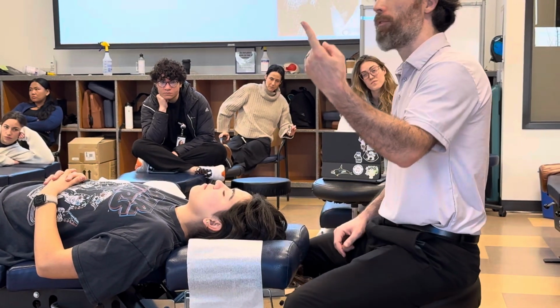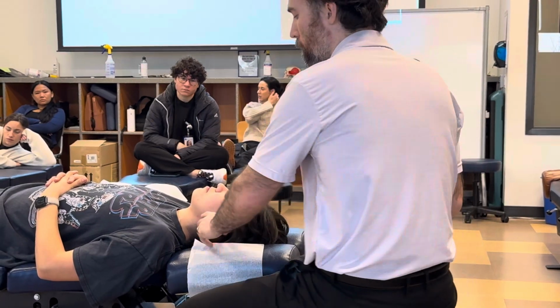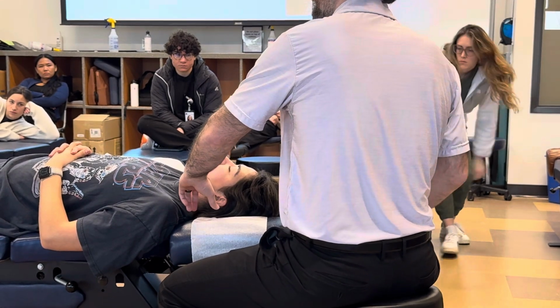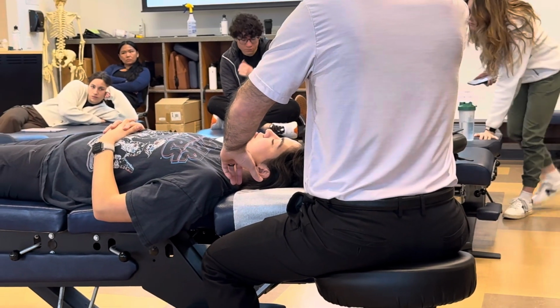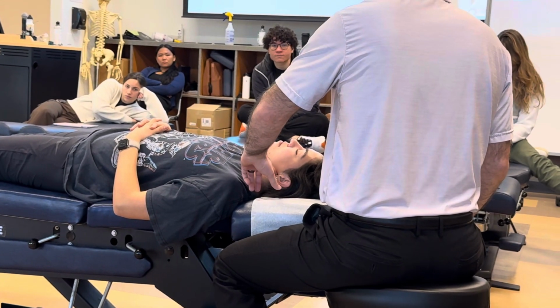We could use a flat fingertip, depending on what finger you might have to use and the patient's size, it might vary, but if you can get on the anterior TP of C1, you can push down on it. So in this case, I'm hooking into the side of the TP, I'm on the front part of the TP and then I'm pressing down. So I'm almost like doing a left rotation motion palpation with my fingertip, but just holding very gentle pressure and